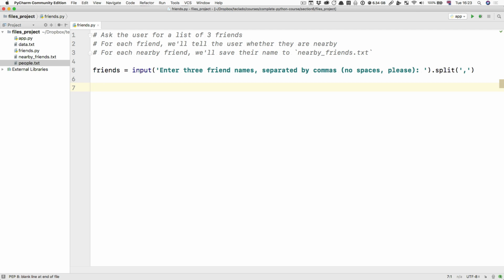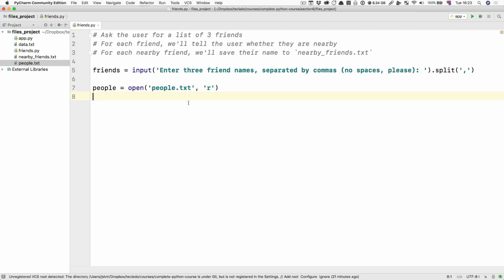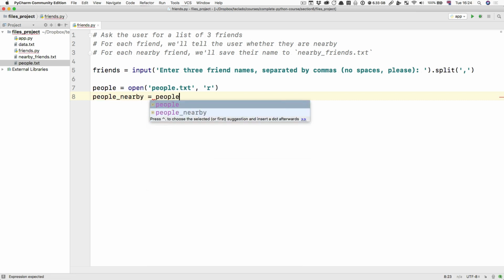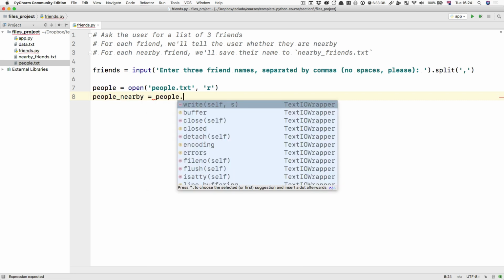This would be a great way to do it without the split method. Now that we've got a list of friends though, we can open people.txt and read it so that we know the people that are nearby. So again, we're going to open people.txt in read mode, of course, because we are just reading it. We're not going to write to this file, we're going to write to the other file. And then we're going to look for the people who are in the same city or people that are nearby. People nearby is going to be file or people dot